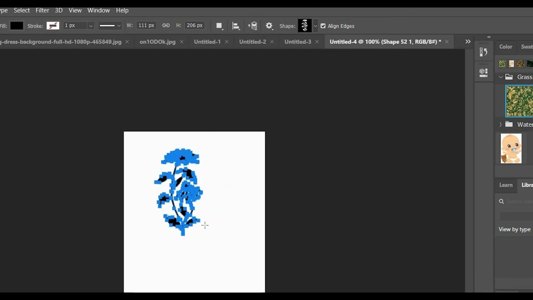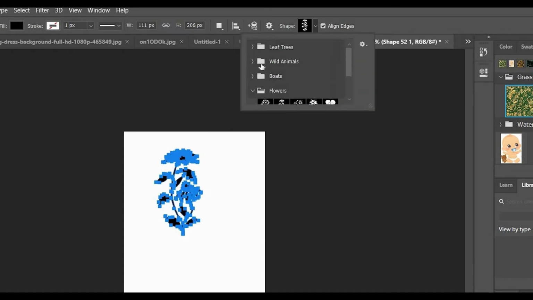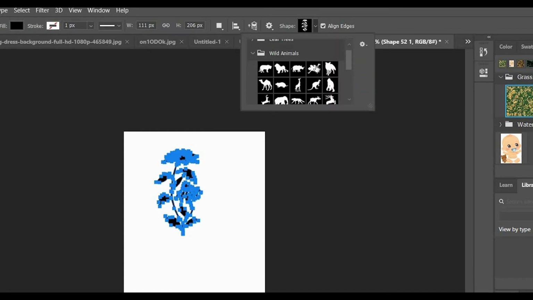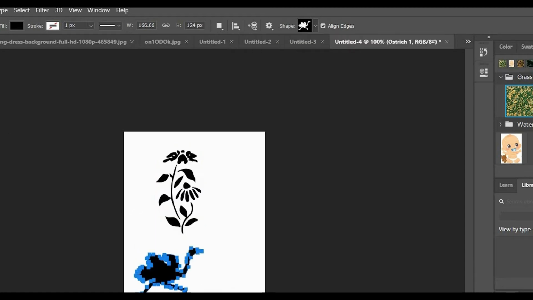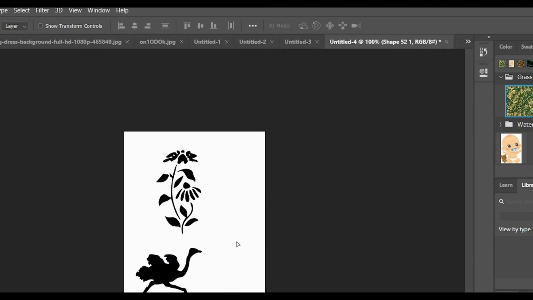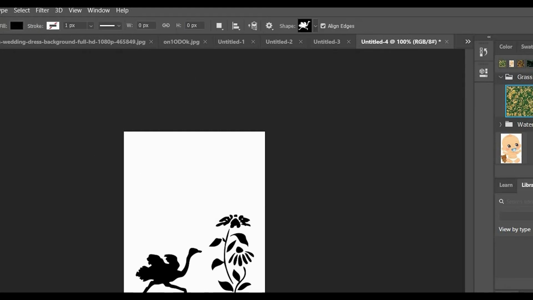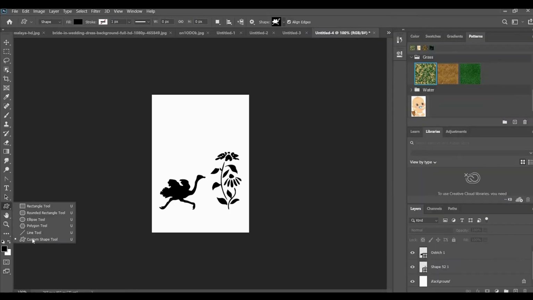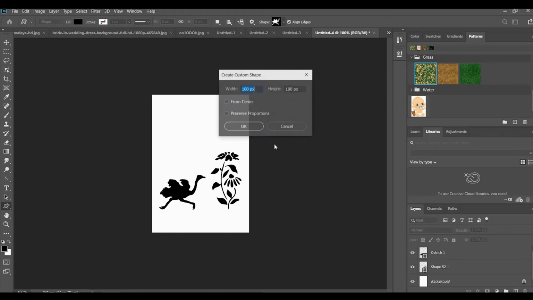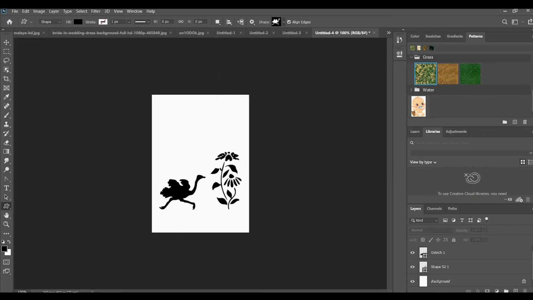Yes, it will automatically form the shape. This is very simple to create these shapes. This is custom shapes. Right, let me move on to the next option.